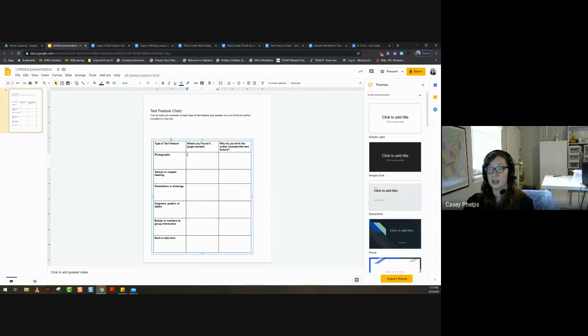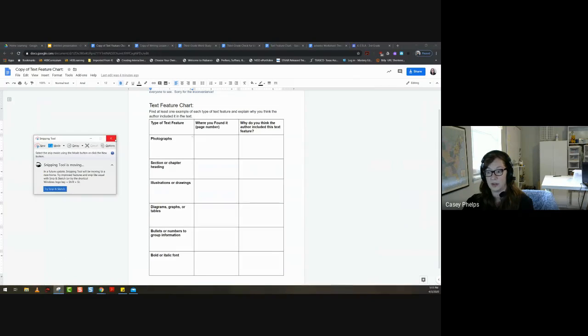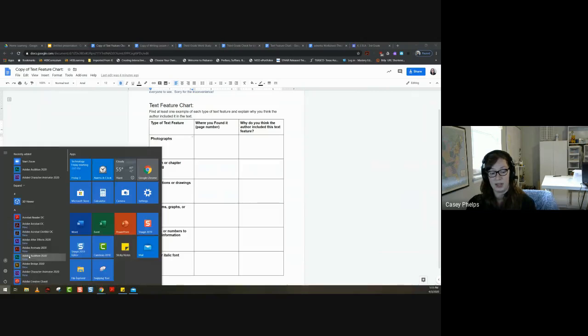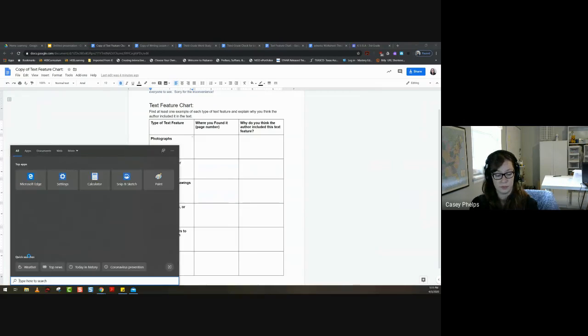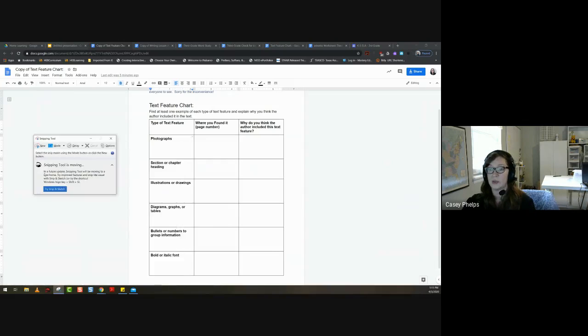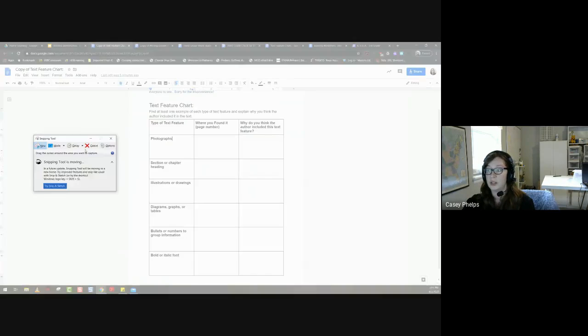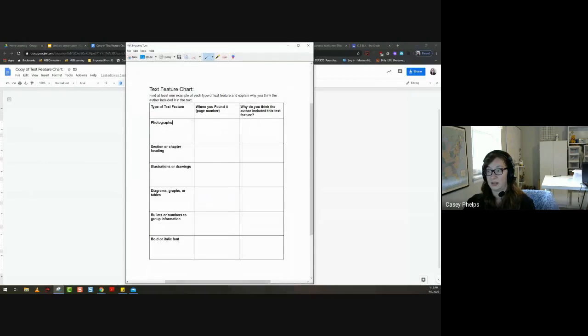But if you've got younger kids where this might be an issue, what you can do instead is using your snipping tool, which is that little guy right there. If you don't have it there, if you open this window and go to snipping tool, okay, then there's your snipping tool, right? So when I get in there and go to new, I can take a picture of this, save it,